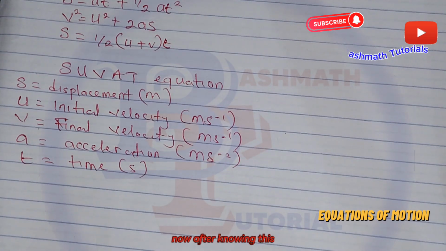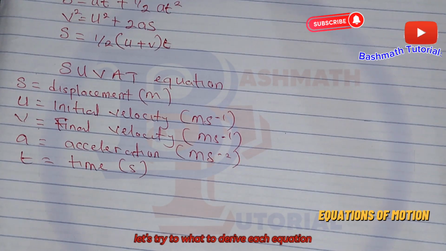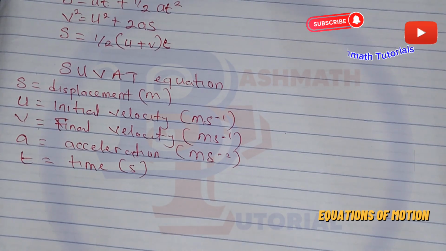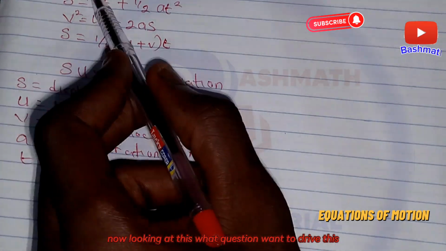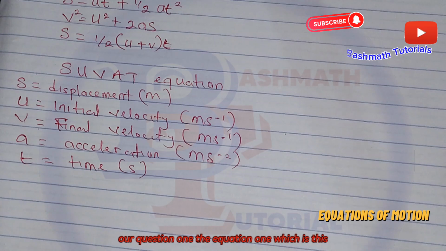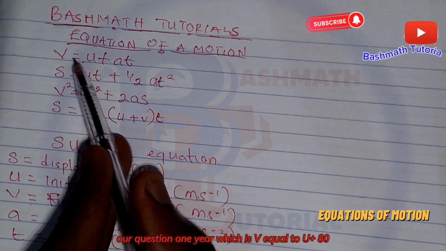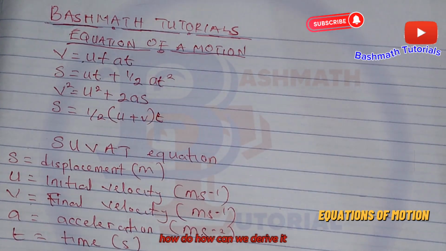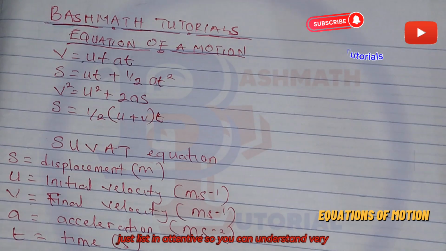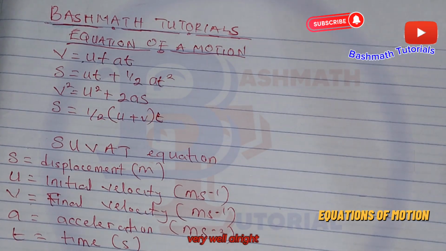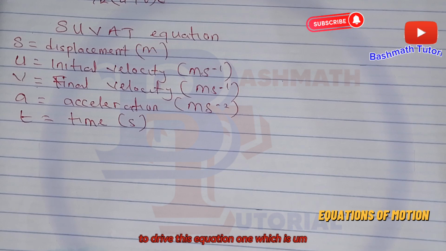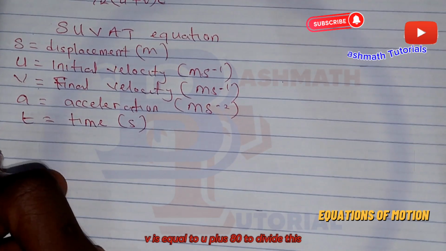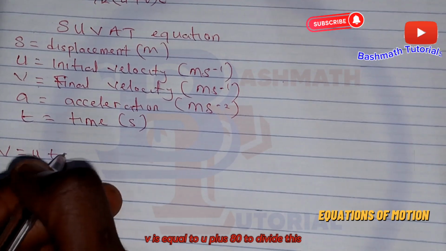Now after knowing this, let's try to derive each equation. We want to derive our equation 1, which is v equal to u plus at. How can we derive it? Just listen attentively so you can understand very well. To derive this equation 1, which is v is equal to u plus at,